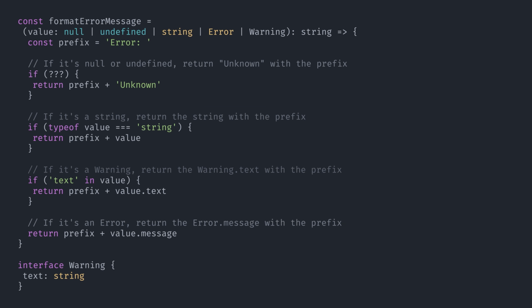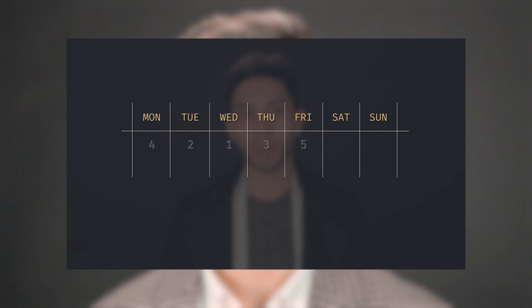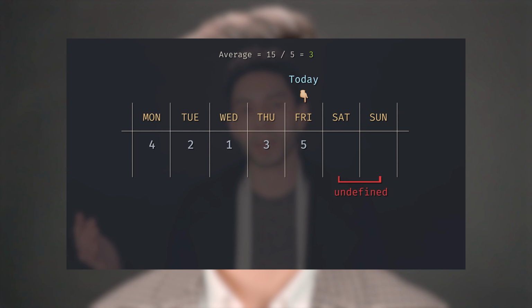It's also very common to support optional arguments. That means allowing value to be null or undefined. We could handle the undefined case with the typeof operator, but that wouldn't work with null. By the way, if you want to know why it wouldn't work with null and the differences between null and undefined, I have a very short and informative video explaining just that. I'll leave a link for it in the description.